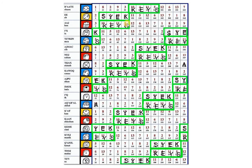The K, the E, the Y, and the S form because of the distance between them when forming the alphabet on a 20 base system. I'll probably do this in another video just to explain it a bit further, but when you look at K to E, K is the 11th letter of the alphabet, so that means there's 15 remaining until Z, because it's the 11th letter and there are 26 letters in the alphabet. To get to Z from K, there's 15 letters,